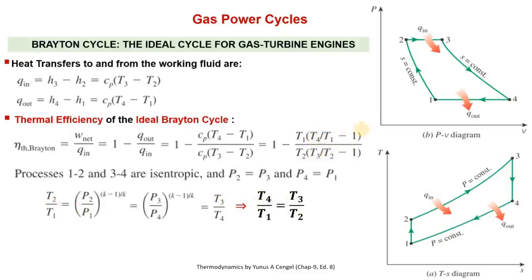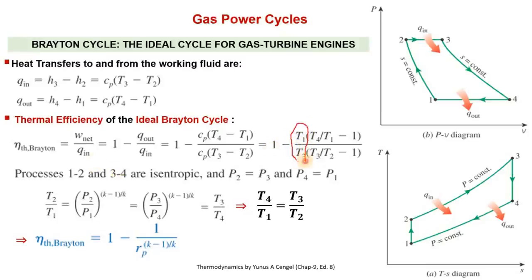So now it means this term will cancel with this term. So the efficiency of this ideal Brayton cycle will be equal to 1 minus T1 over T2. And what is T1 over T2? T1 over T2 can be written as P1 over P2 to the power (k minus 1) over k. Right? So the efficiency is equal to 1 minus T1 over T2, and we can write